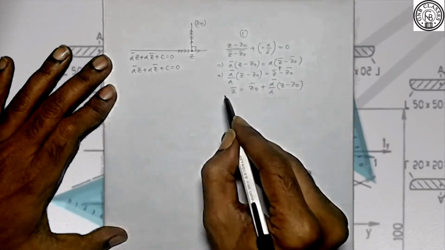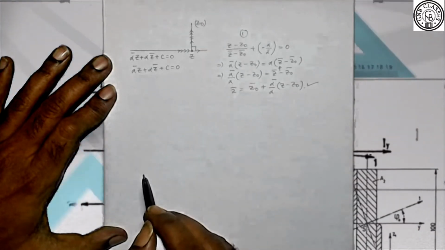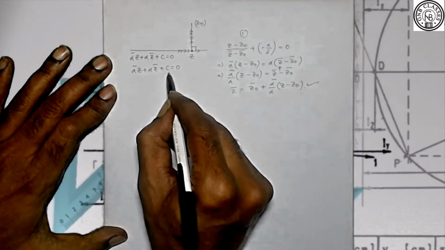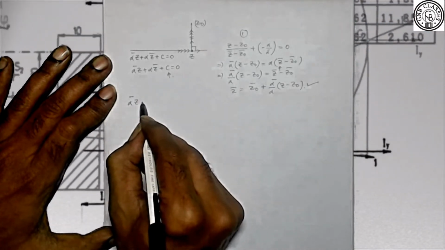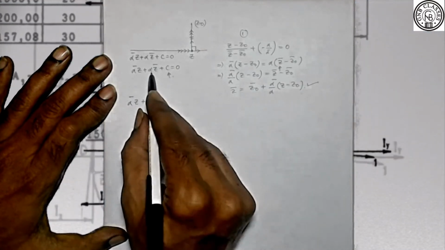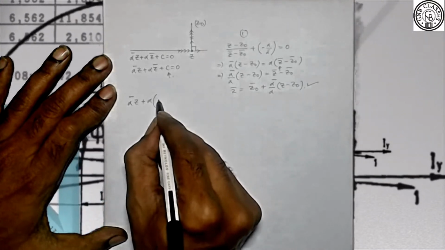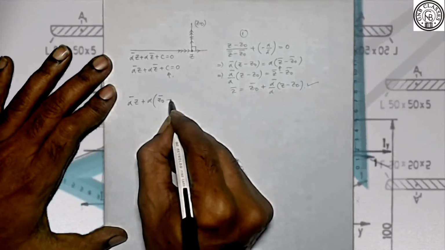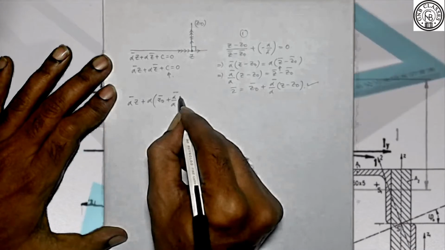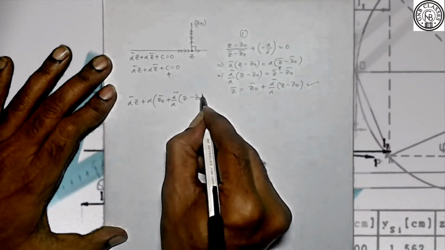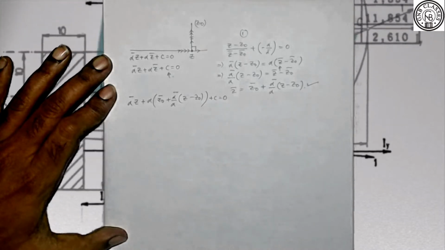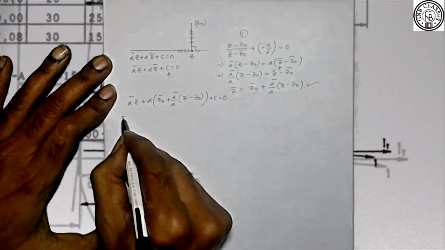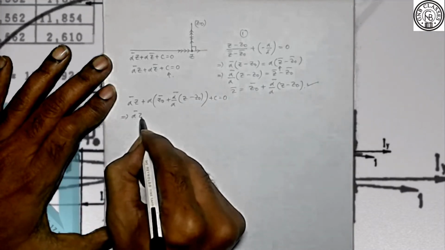Now simply replace the value of Z bar in this equation. So we get alpha bar Z plus alpha times Z bar, which is Z0 bar plus alpha bar by alpha into Z minus Z0, plus C, which equals 0. Is it clear? So after simplification we are getting